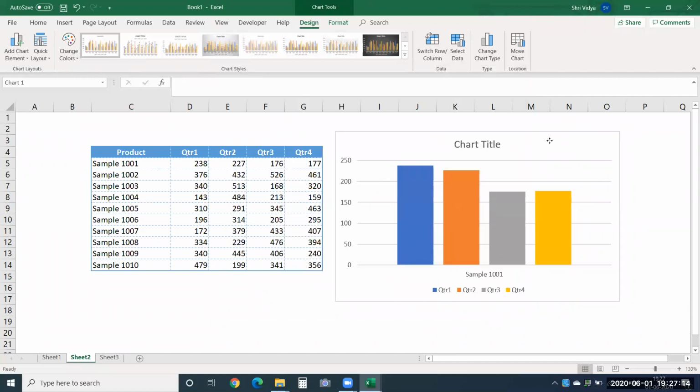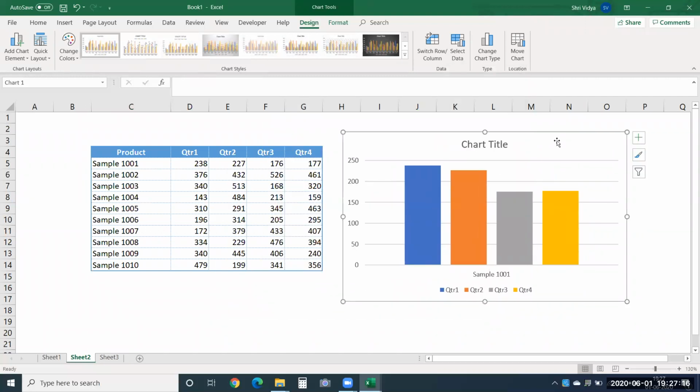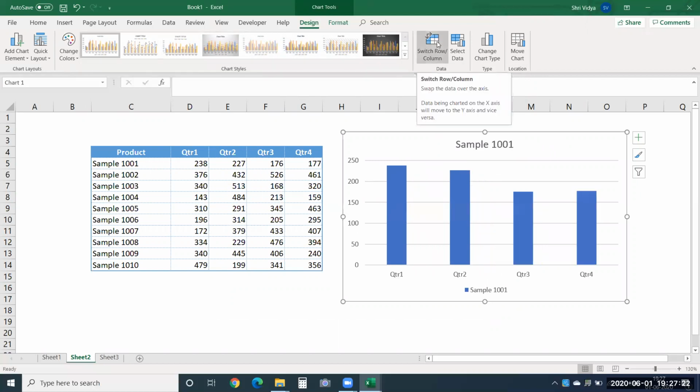Now you can change the way it is appearing as well. You can go here. So you can also say switch rows and columns. So now it looks perfect. See, Q1, 2, 3, 4. That's what is appearing here for the sample that we have selected.